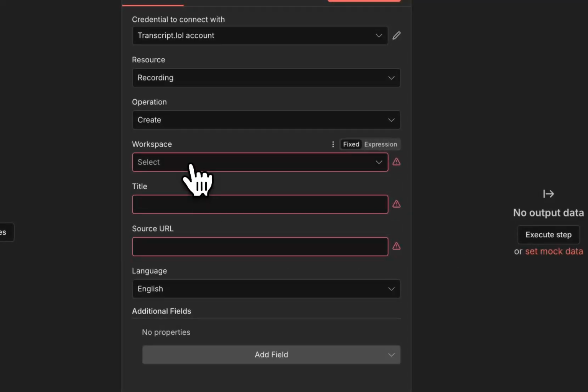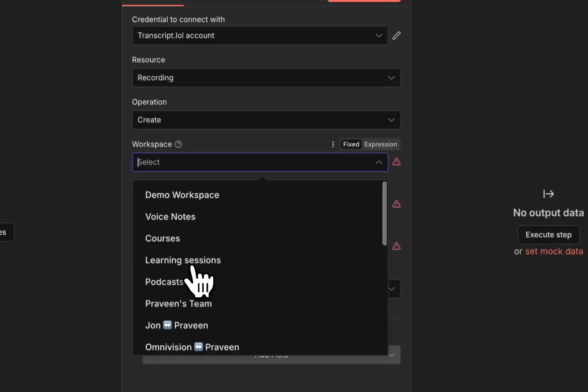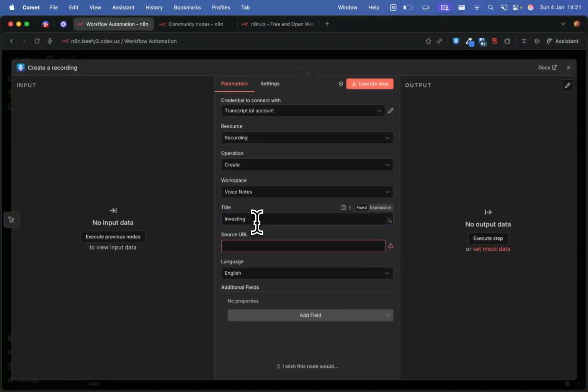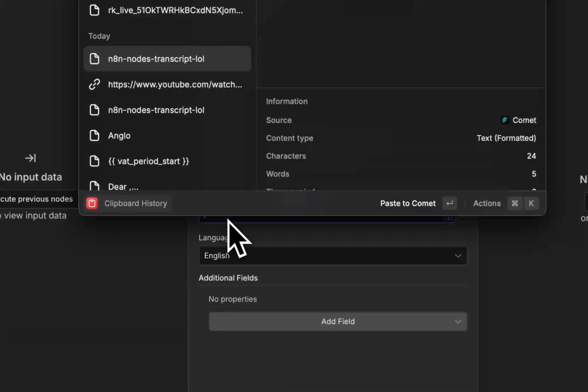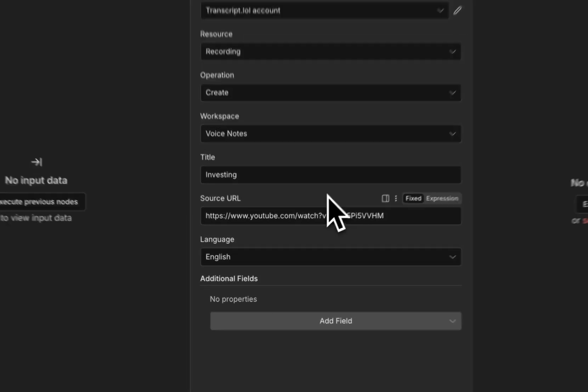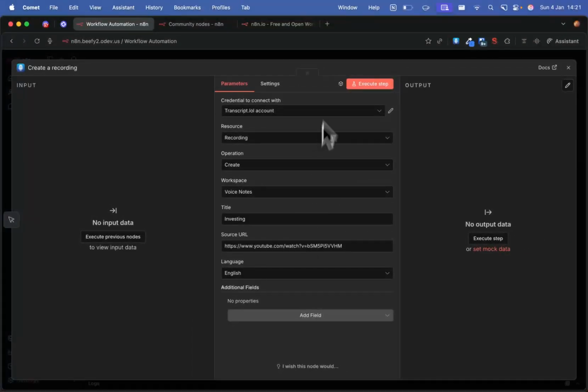Now, to create a recording, they need to select a workspace. All the user's workspaces are listed here. Let's just select one workspace. I'm just going to call it a random title, but this can come from the previous flow. And for the URL, I'm just going to give it a random YouTube URL. But as I said, one example could be when a new video is added in YouTube, create this